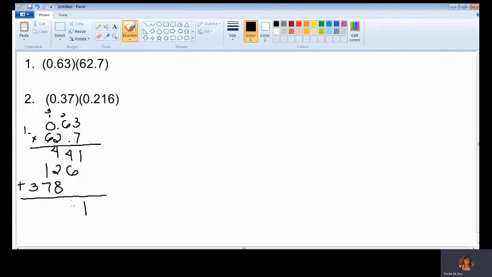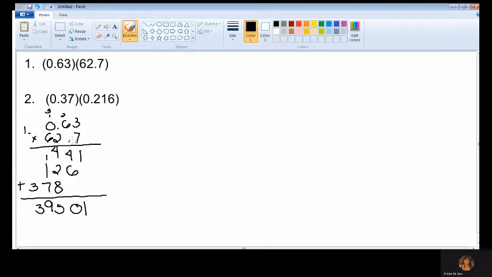6 plus 4 plus 6, that is 10. Carry 1, that is 4 plus 1, 5. And then 5 plus 2, that is 7. Plus 8, that is 15. Carry 1. 7 plus 1, that is 8. Plus 1, that is 9. And then lastly, 3. And then after that, we're just going to count the